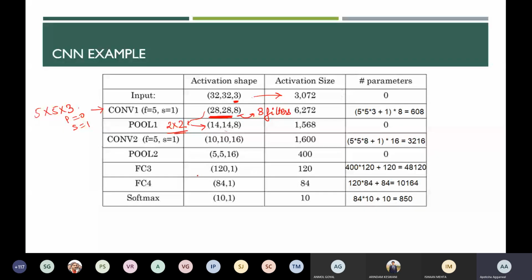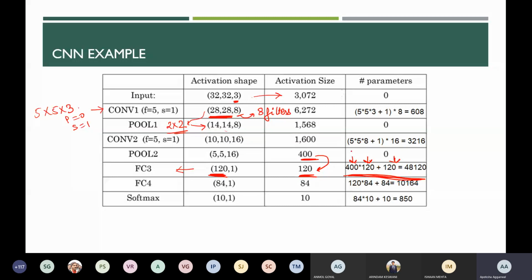Over here, you can see that for the fully connected layer, the number of parameters learned is extremely large, because all the values in the previous layer are connected to all the values in the next layer. So all the 400 cross 120, that is the weights for all these, and then the bias.